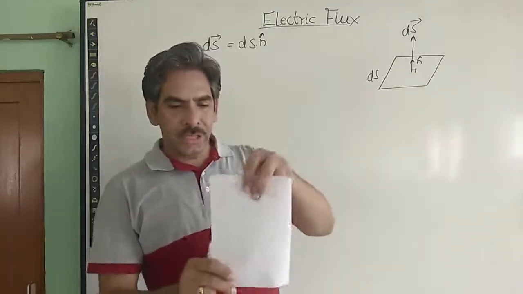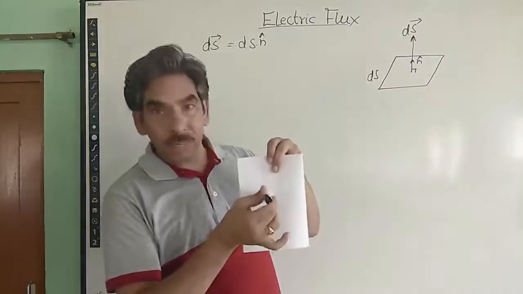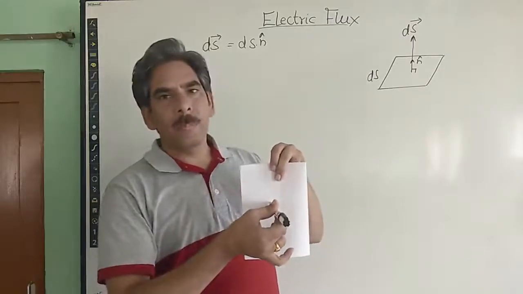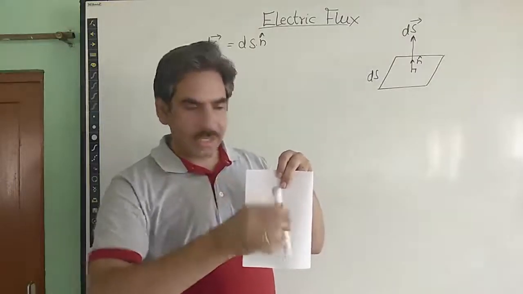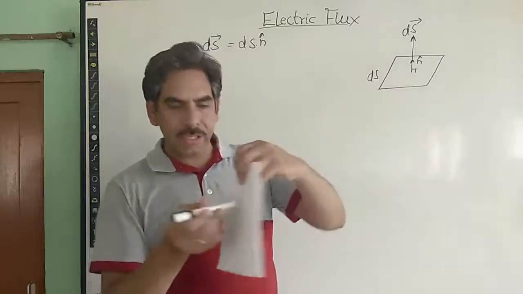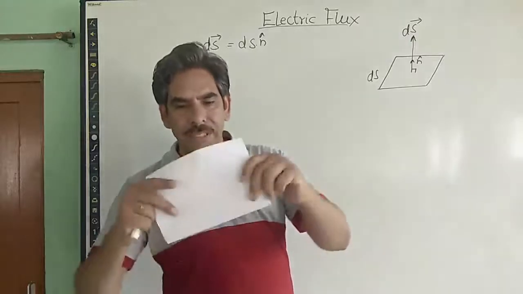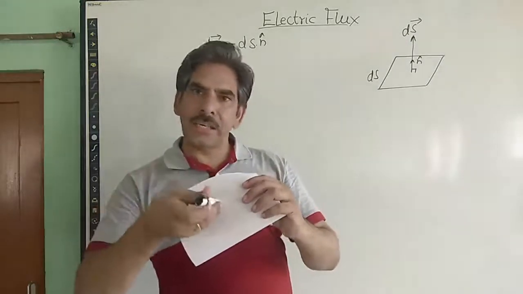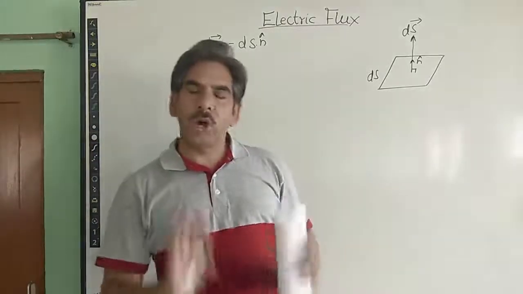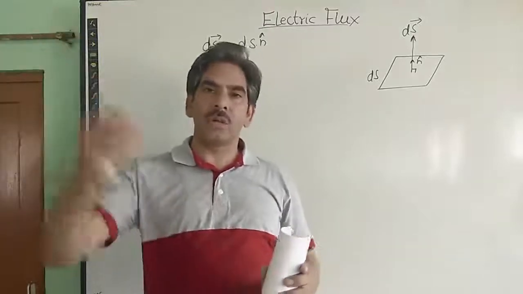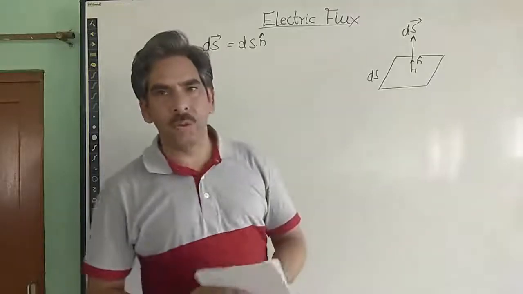You can imagine again this situation. Here it is the surface, then an area vector will be normal to the surface and pointing in outward direction, outward to the surface, not inward, right? It may be taken in this direction and it may be taken in this direction if it is a plane surface, right? But if it is a curved surface, then the area vector has to be taken always in outward direction. Or if we have a spherical surface, for example, then the area vector will always be taken in outward direction, radially outward, which is normal to the surface. So this is what we understand from the area vector.